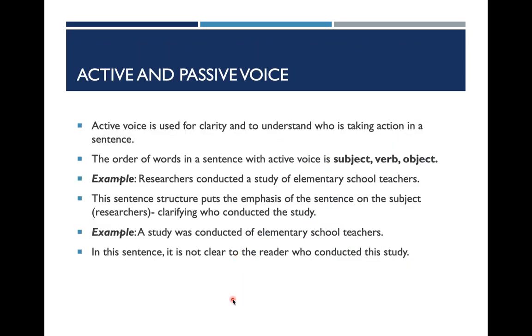Okay, a big one is the distinction between active and passive voice. Active voice means that the activity of the sentence moves down the sentence from the beginning to the end, such that in active voice, the sentence is structured as subject, verb, object, right? Your classic sentence. Something does something to something else. Researchers conducted a study of elementary school teachers. Subject, researchers, did something, conducted a study of elementary school teachers, right? The object. This sentence structure puts the emphasis on the subject